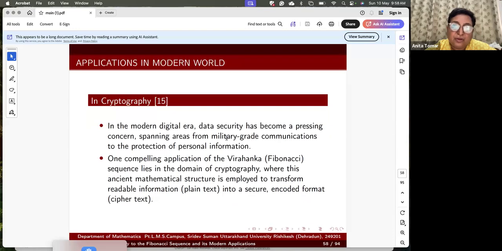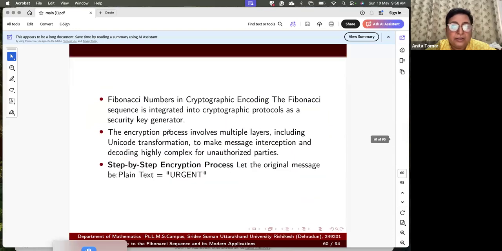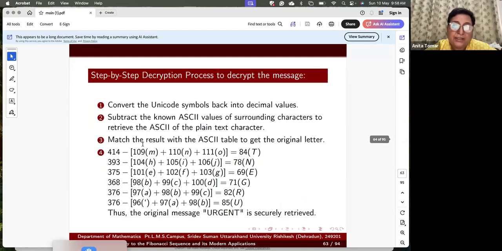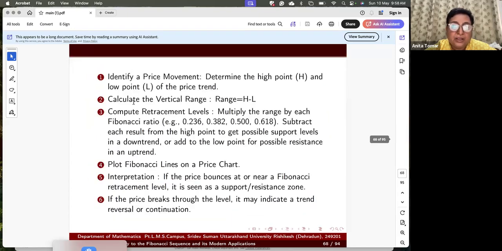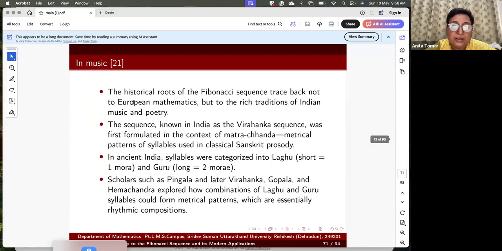So we have applications of the Fibonacci sequence in cryptography. I am not explaining these slide by slide. We also have application in trading. We also have application in music because the historical roots of the Fibonacci sequence trace back not in European methods but